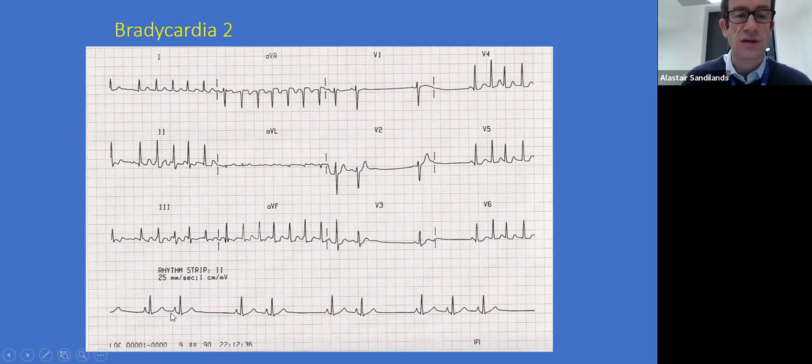So you can see that there is a P wave firing off, but the P wave should fire off here, but it doesn't. It takes a while for the sinus node to then fire off. So this means that no signal is coming out of the sinus node. And this is an example of sinoatrial exit block or a mixture of tachy-brady syndrome. So the AV node is fine. When the patient goes into atrial fibrillation, the heart's very fast, there's tachycardia. But when the heart goes back into a normal rhythm, the sinus node is very slow and they have a